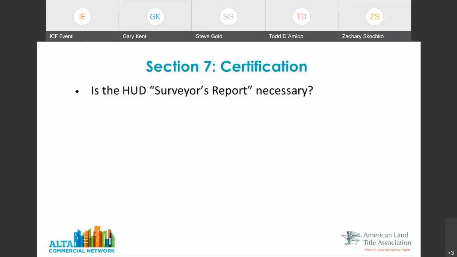Now, we've talked about understanding probably why there are reasons that HUD may want this, but we would also be more than happy to discuss it and see if there's a way to not have to have that, because it is additional work for everyone. But it's just a kind of an aside comment.